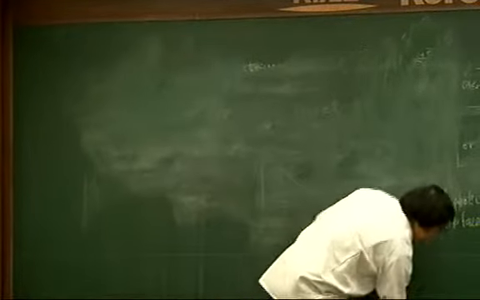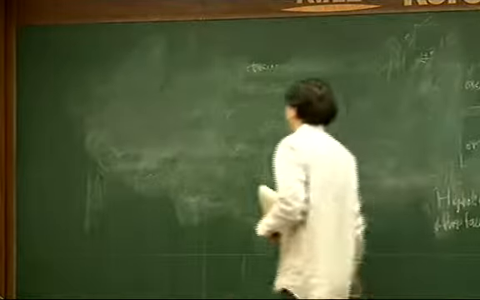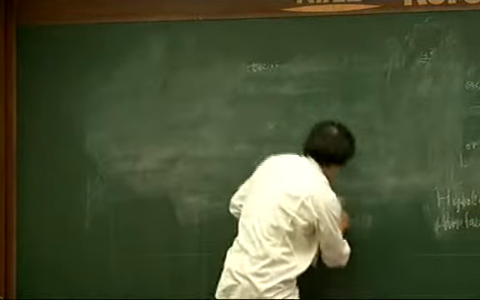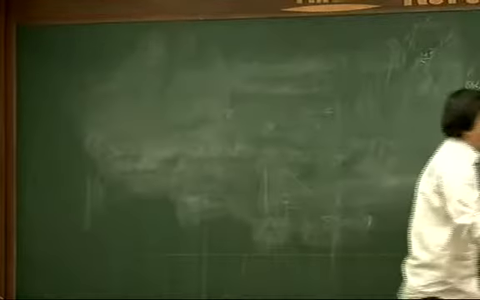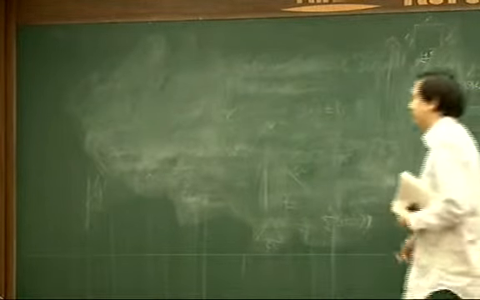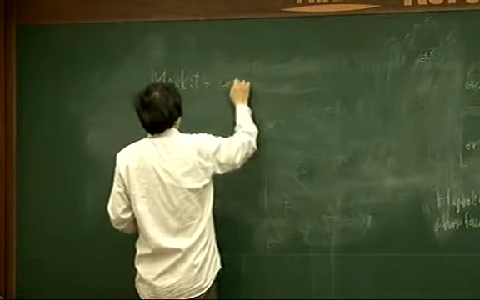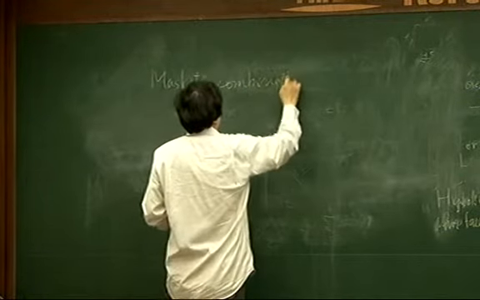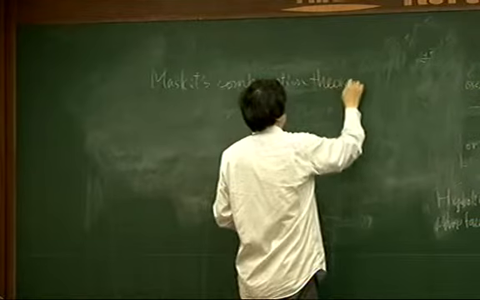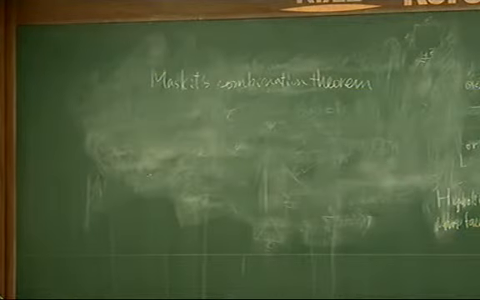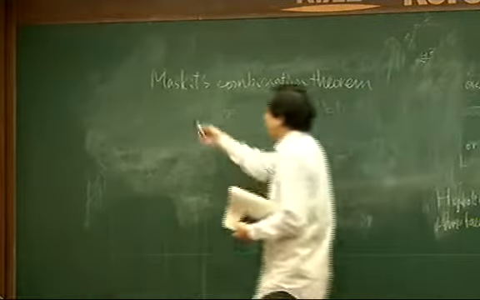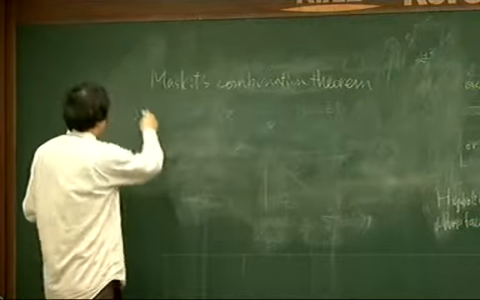Okay, then for the rest of the time, I'd like to show how this generic case can be dealt with. So I said that it relies on the Maskit combination theorem. So what is the Maskit combination theorem? So suppose, well, okay,